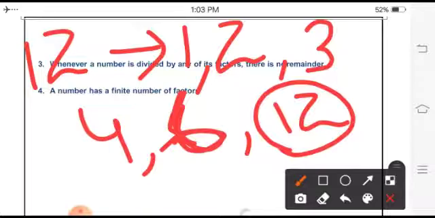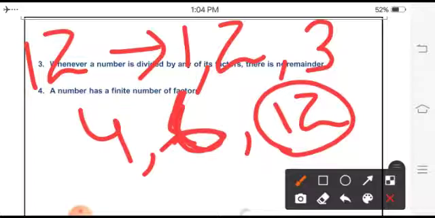This is just the reverse of multiples, where we said multiples can be either greater than the number or the number itself. A multiple cannot be smaller than the number. Here the case is reverse. Factors are always smaller than the number, and the most extreme case is the number itself. There is no factor which can be greater than the number. A factor is always smaller than that number.